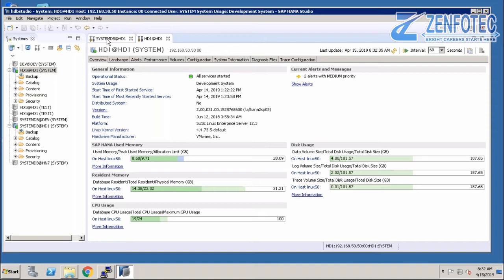If you monitor CPU and memory utilization from the system DB, then it will automatically get monitored for the tenant database. All the usage and utilization for tenants and the system DB, for memory and CPU, will be monitored from one system DB. Monitoring from either the system DB or the tenant database is enough for CPU and memory. Either one can work. But for the data volumes, you have to go into that particular database and check it.